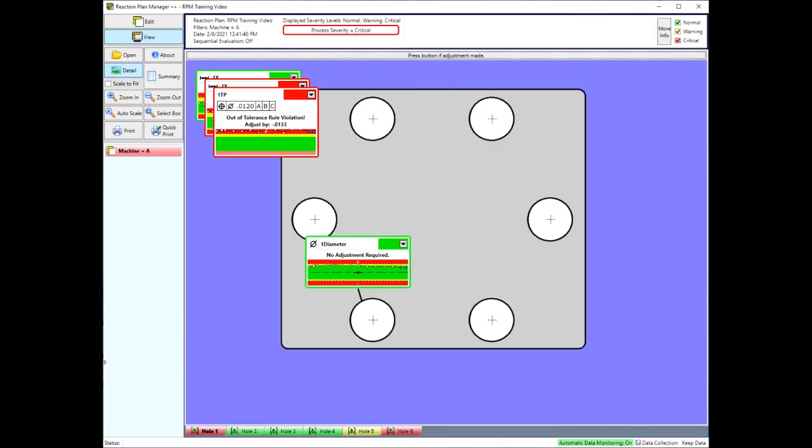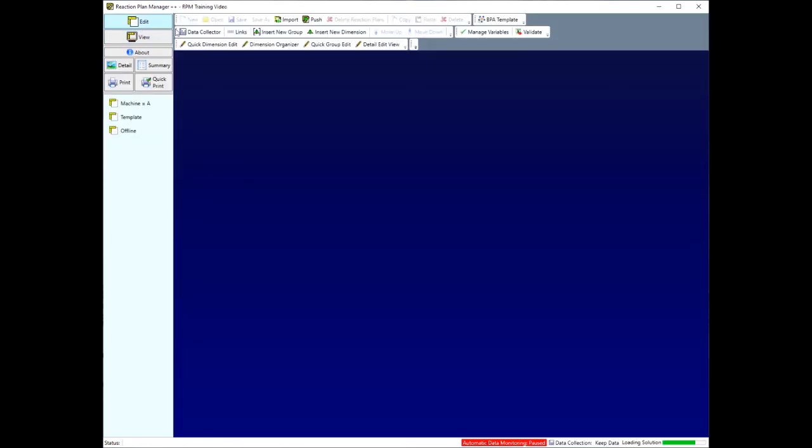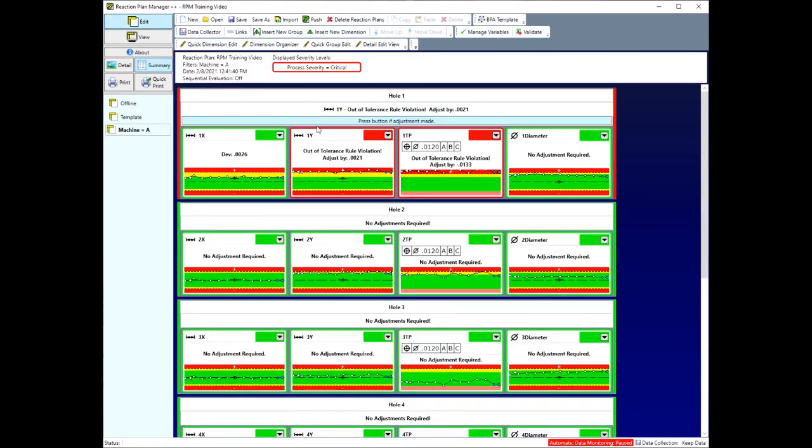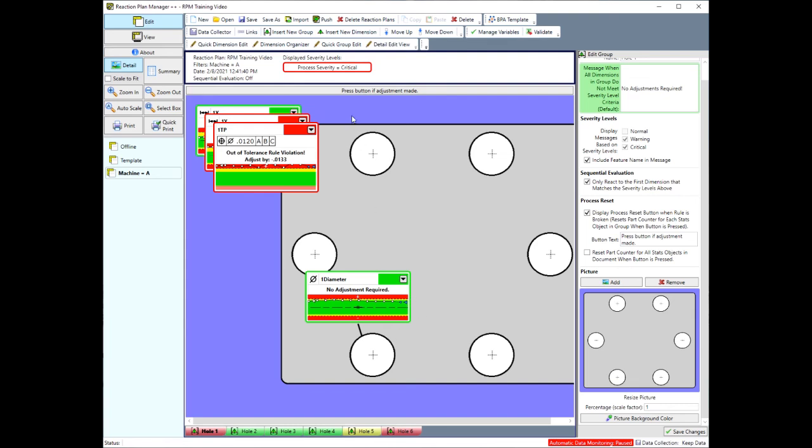If this was a real application, I probably wouldn't have my 6 holes organized into 6 different groups. I'd probably put it all in one group, and I would condense some of the dimension items so I could save on space if I were in the detail view. So I'm going to switch back to the edit mode, and I'm going to redo this so that all of the dimensions are in one group and set it up accordingly. So first thing I'm going to do is go to the dimension organizer,